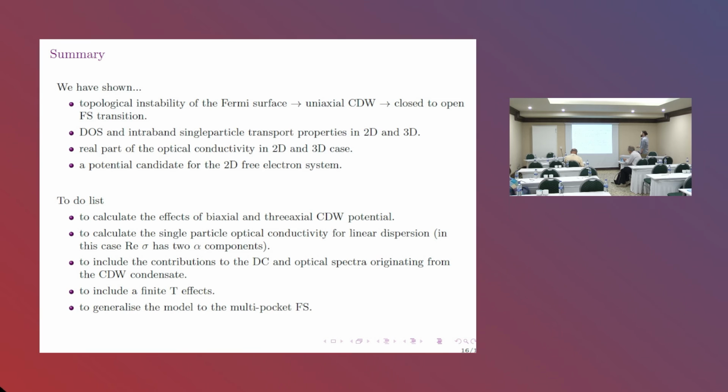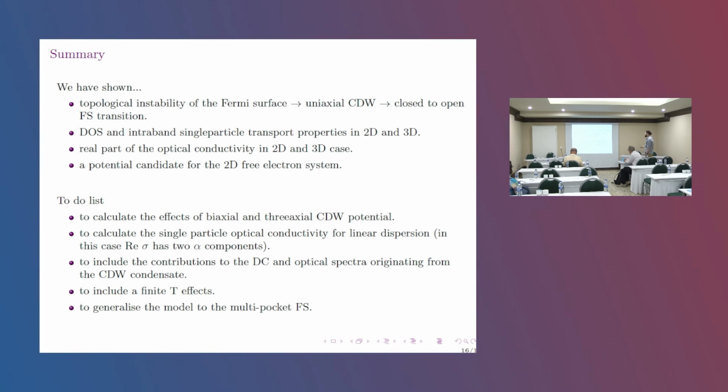Okay, and in summary, we have shown what the DC and electronic transport properties are of such a system that undergoes a topological reconstruction of its Fermi surface. But there are a lot of things that have been left unanswered here. So, for example, we have to really calculate the effects of the biaxial and triaxial potential in optics and in the DC